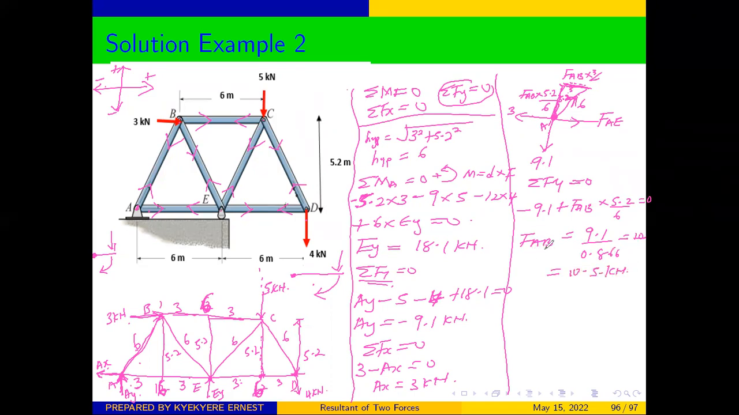Once you are done with FAB, we can now apply our second equilibrium equation, sum of Fx is equal to 0. Now we have 3 x components, this, and the x component there. But look at this one, it is going in this direction. It is moving to the left, and because it is moving to the left, we said that it's going to be negative. We have -3 plus this one is moving to the right, so it's positive, plus FAE